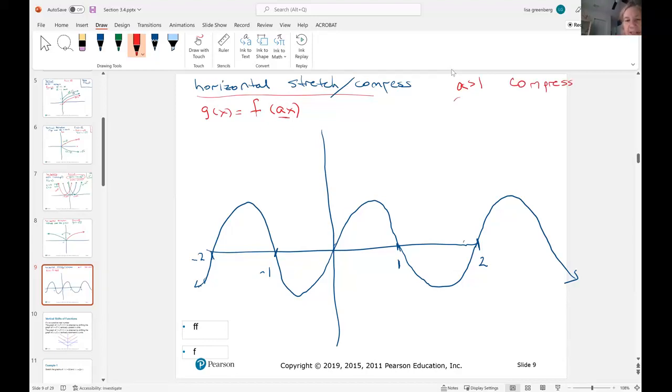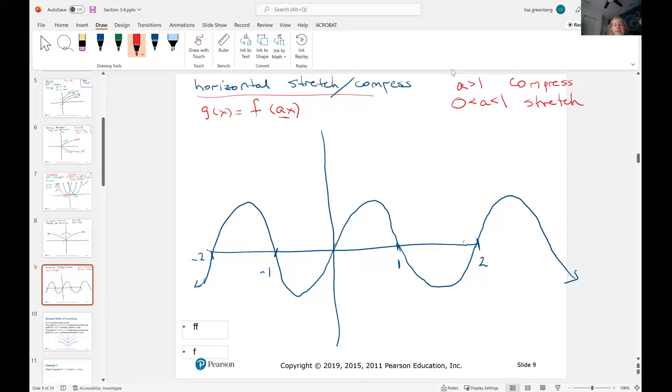And when a is between 0 and 1, it's stretching, which is opposite of what we did vertically, okay? Now, so basically what's happening is